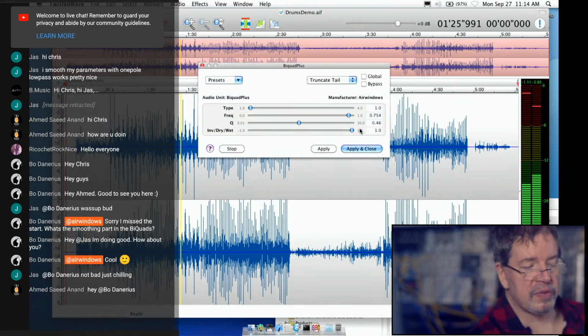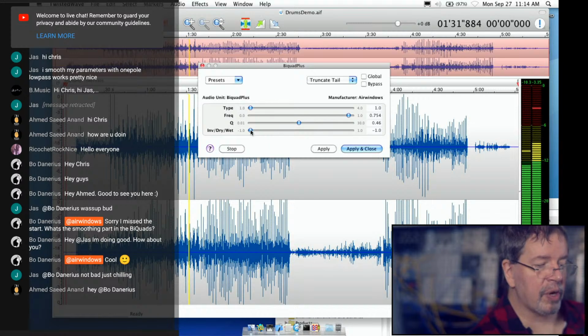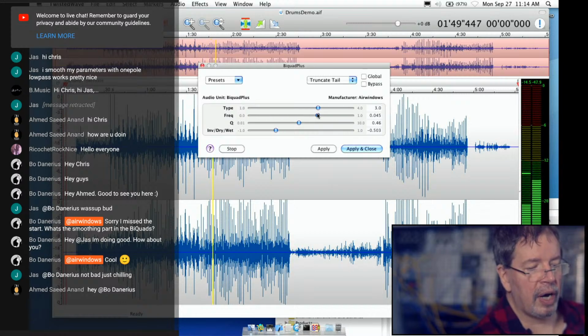Full on, this is the low pass filter. Inverse means this is the low pass filter out of phase. And then if you combine that with dry at 50%, that's where you get your cancellation. Similarly, with the high pass, that turns into a low pass, and then with the peak, it turns into a notch, and with the notch, it turns into a peak. Although you can't really make it be a steep peak by doing the inverse blend. But we can do kind of strange things this way.